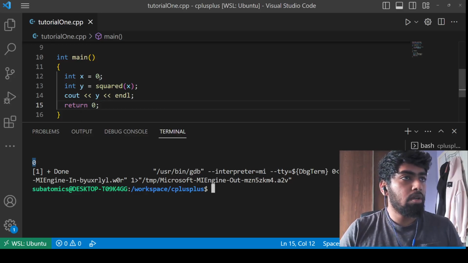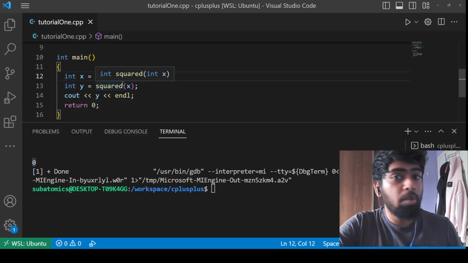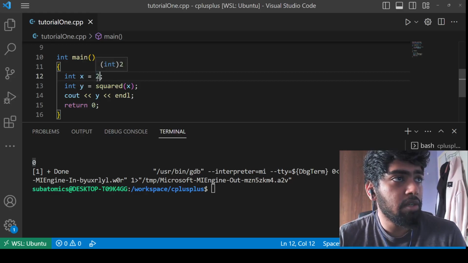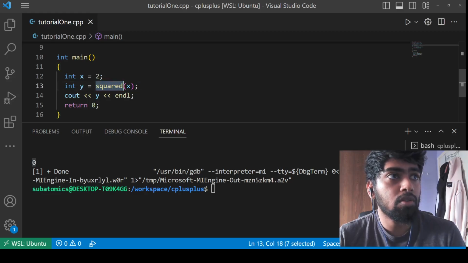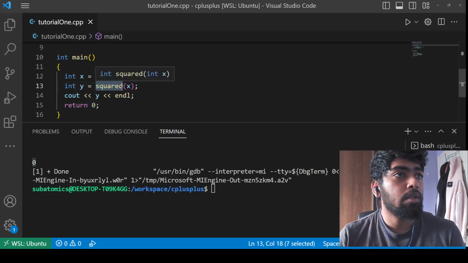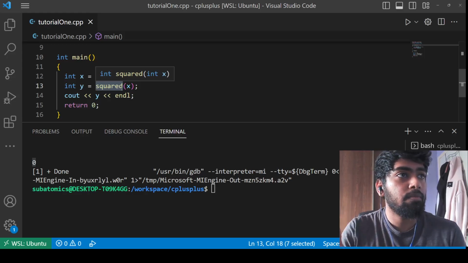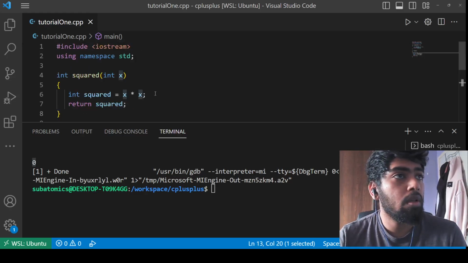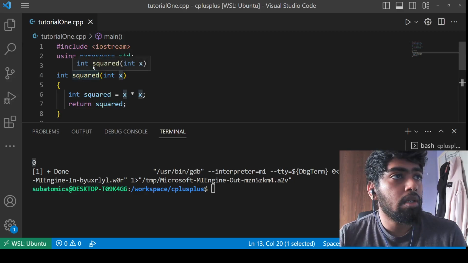Now let's change the value of x to make sure that our squared function is working. So what's going to happen is x is going to get the value 2. So we're taking this x and we're calling the squared function. This is called a function call. So we're calling squared from the main function, and we're giving it the value of x, which is 2. So this 2 gets put inside x,